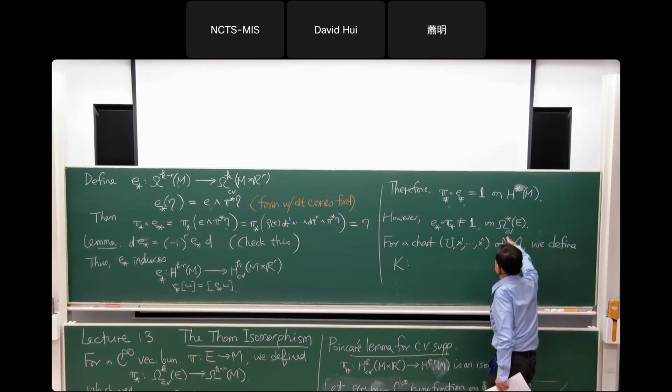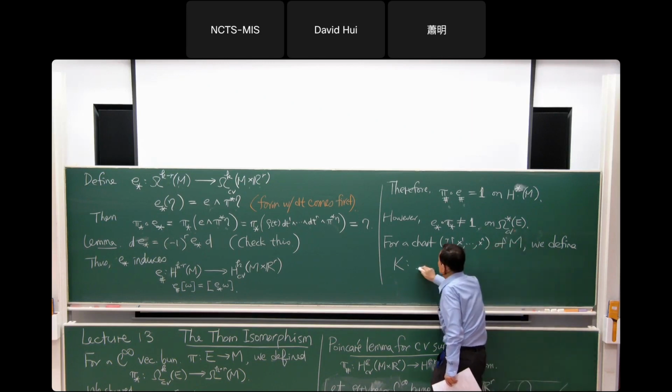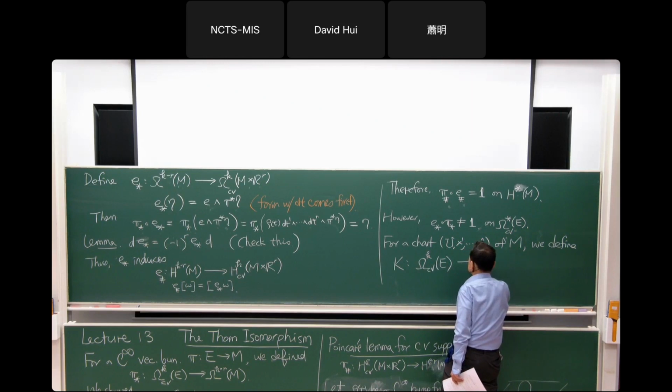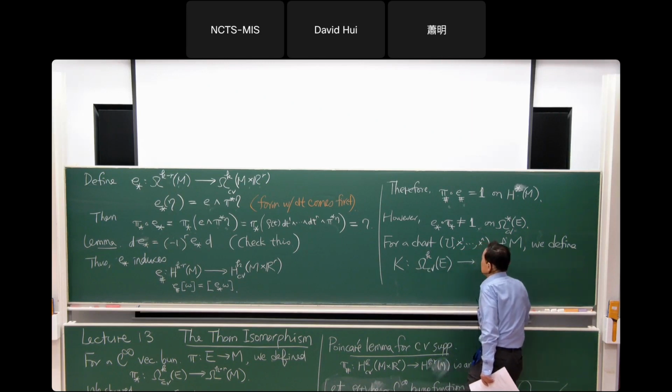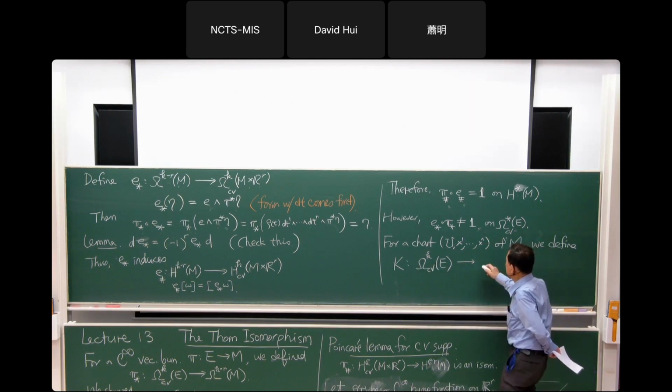So it should go from forms with compact vertical support on E down to omega